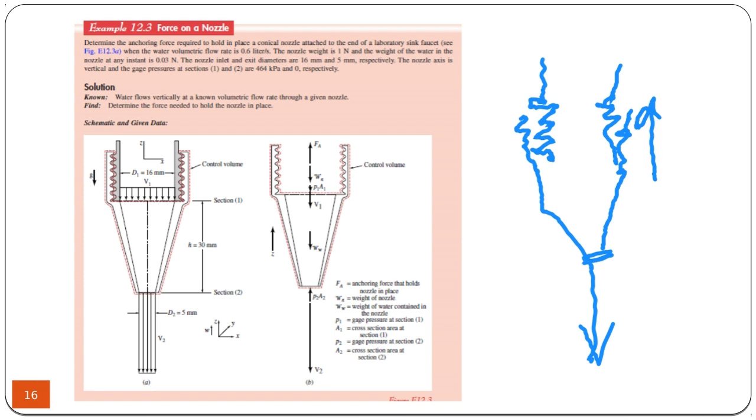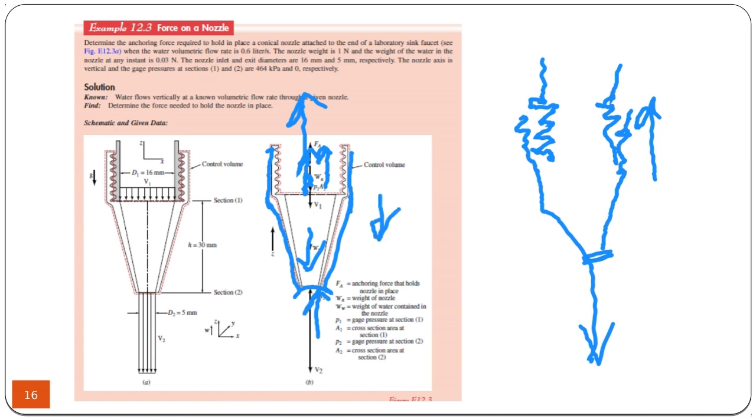It's necessary to draw the control volume and free body diagram, of course. In the control volume, which is chosen to be this nozzle and the water in it, here you have the pushing force due to the momentum change. You have the weight of the water inside the nozzle. You have the weight of the nozzle itself. Then you have pressure force here and pressure force there. Also,